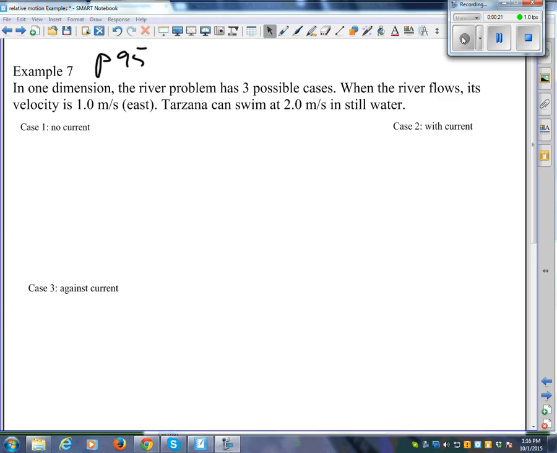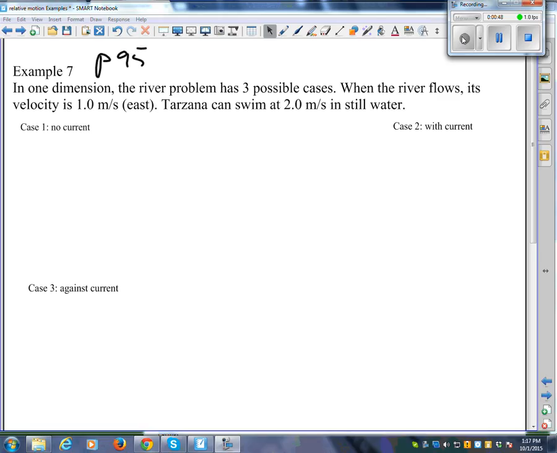Relative velocities. I always like teaching this because the guy that wrote this book is kind of wacky. Tarzan and Tarzana. You've probably heard of Tarzan. Tarzan and Tarzana are brawny 8 people. That's what it says. They decide to have a race across the river. Both are excellent swimmers and have the same ability. Tarzan swims straight across, landing on shore directly across from where he started. Tarzana jumps in and points herself across the river, but ends up farther downstream when she reaches the other side.